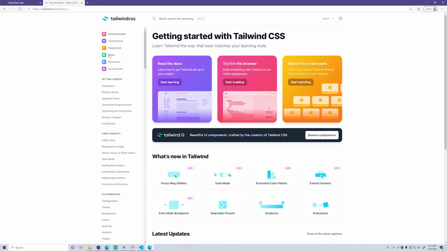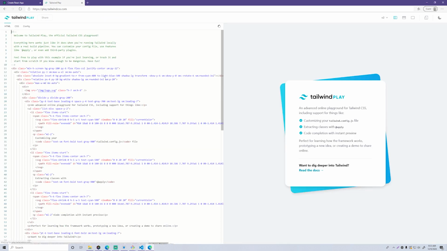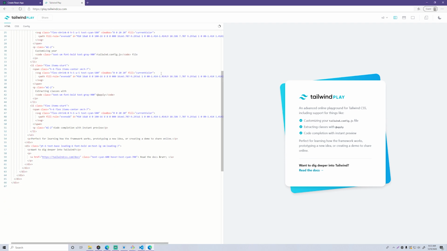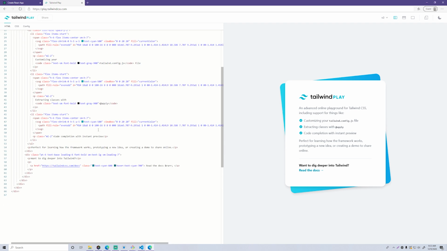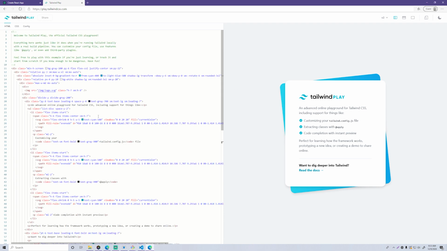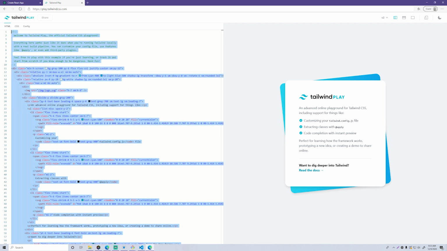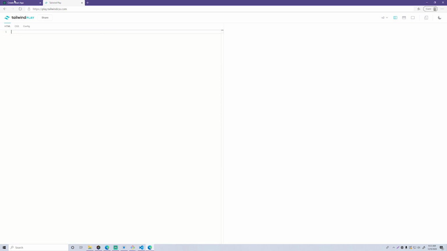If I go to Playground, they have a really cool tool that you can use to build a demo using their little web editor type thing. So it's really nice because it's like live updating and stuff like that. So that's what we're going to use to build this real quick. It's the easiest way to do it. So let's check our thing here.